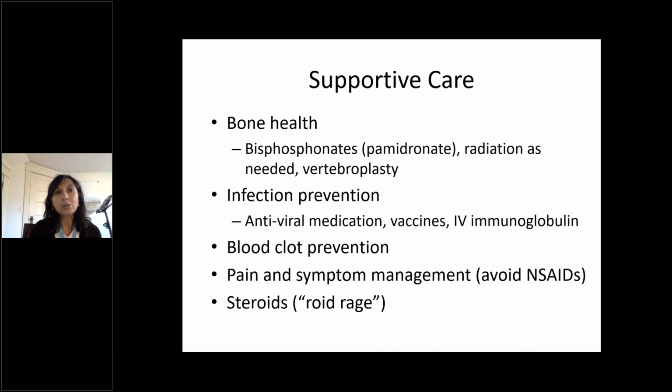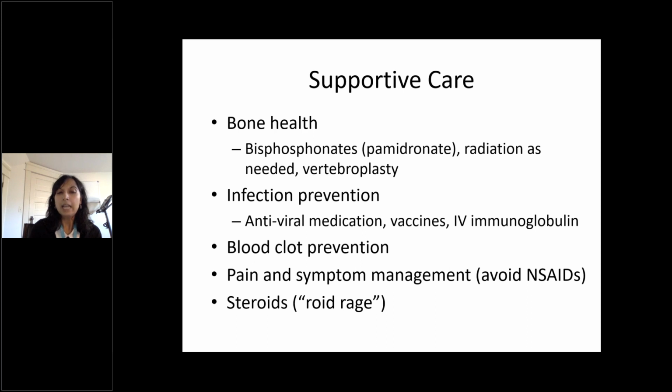And then if patients have bone disease, they're often on analgesic or pain medications. It's really important to avoid drugs like ibuprofen and Motrin because they are so hard on the kidneys and also can upset the stomach. So we're using more things like Tylenol, the bone strengthening agent, radiation, and we often have to have our pain and symptom management or palliative care team involved to help with sort of managing pain and